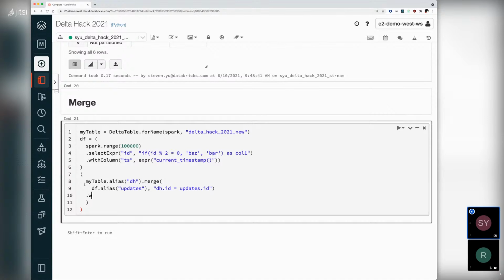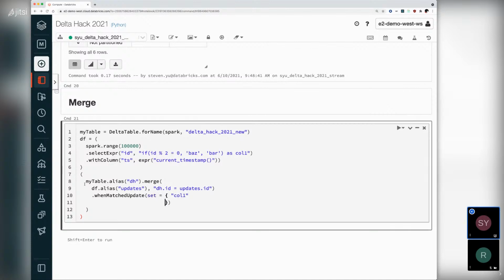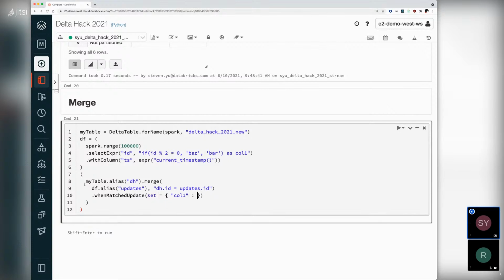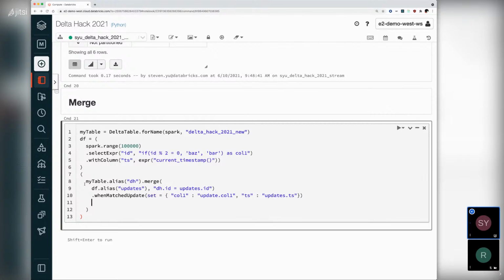And then when there's a match, we're going to go ahead and update this. So set column 1. Column 1 is going to be the value in our update set. And then I'm going to go ahead and update the timestamp as well. Updates.ts. All right. And then when it is not matched,